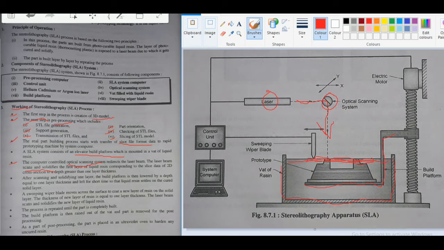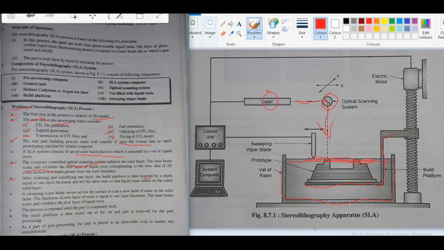And this laser beam, by using the slice data, scans and solidifies the first layer of the liquid resin here.